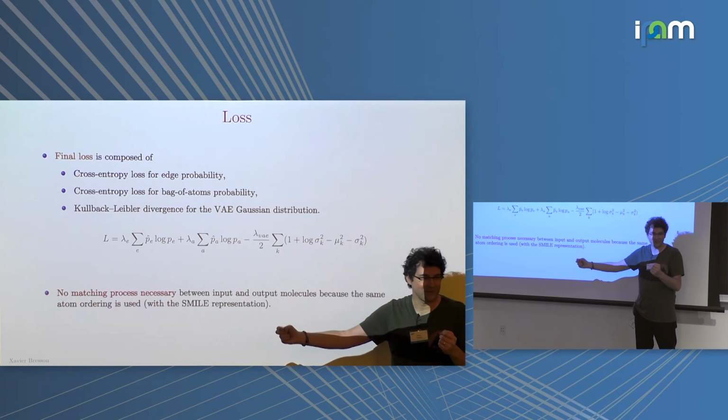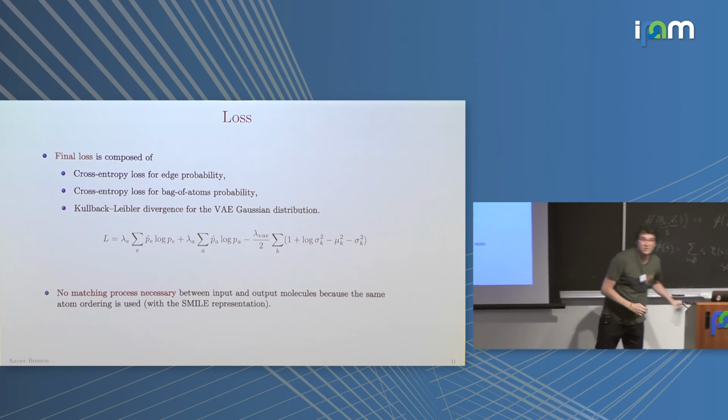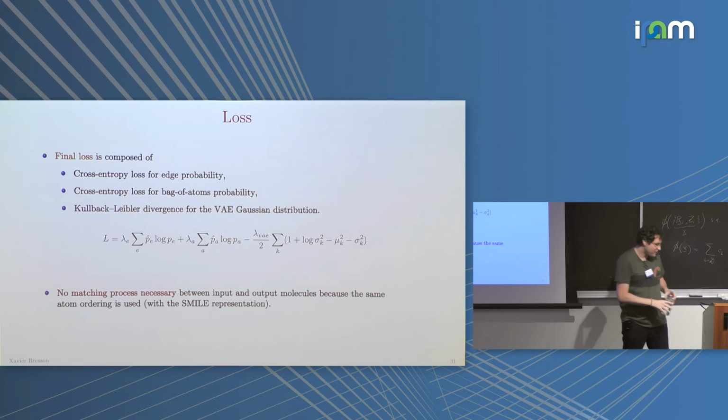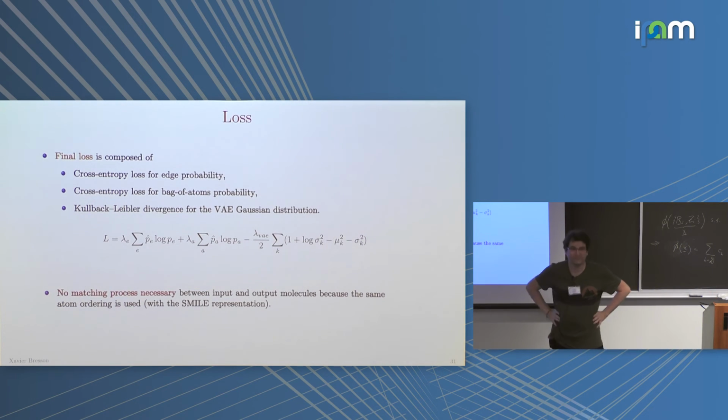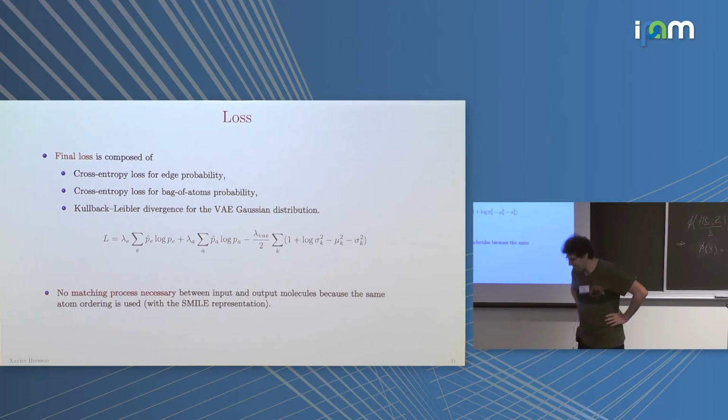So I mean that's a little bit misleading though, because that's true. Which one? The last statement, because it's true if the input and the output are exactly the same, then the matching will work out. But in a SMILES representation, I can change any atom, and that can completely reorder everything. And so you're not actually getting the minimal matching here. You're just picking whatever happens to come out through your SMILES canonicalization. And I agree with that. I completely agree with that. We don't have a satisfying solution. I agree. So exactly what you said.